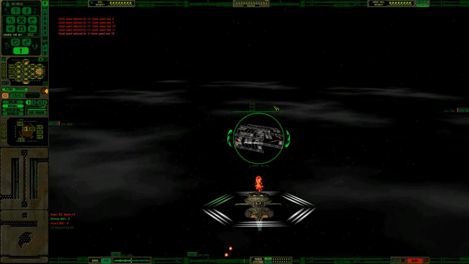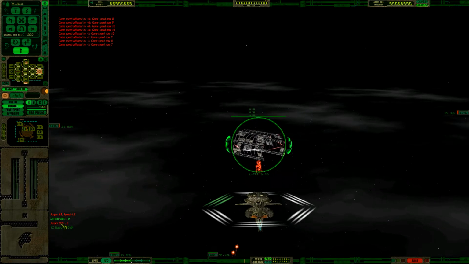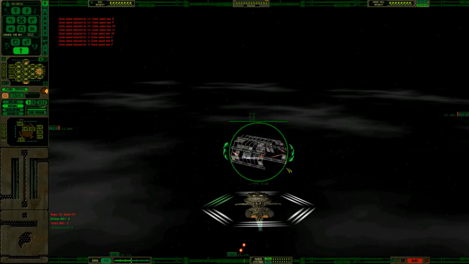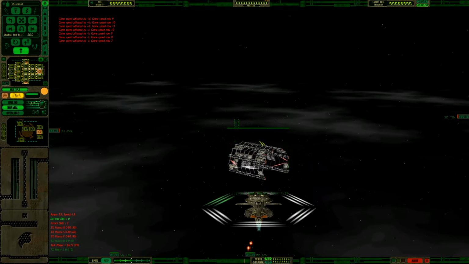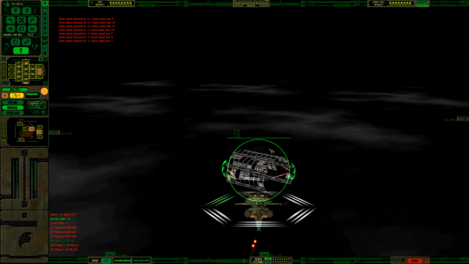Range of 10, engage with the R-type plasma torpedo. Let him dump his Wild Weasel. And I'm waiting for the attack shift to pop up. There it goes. He's dumped the Wild Weasel. It got hit by all that plasma. We're going to just continue to bore on in. Speed of 15. Oh, he's not a...